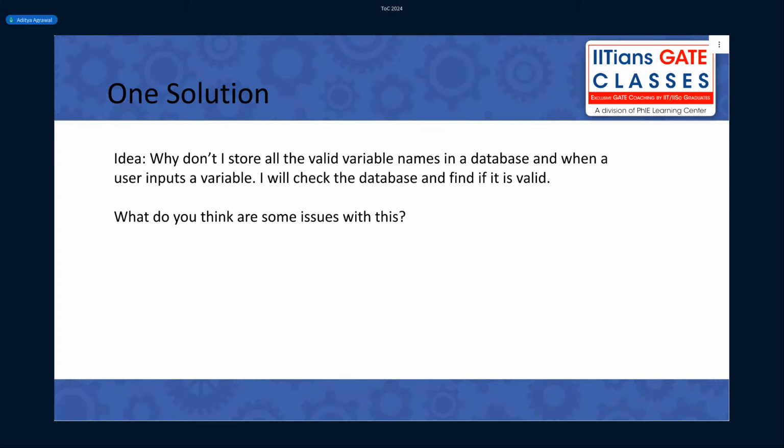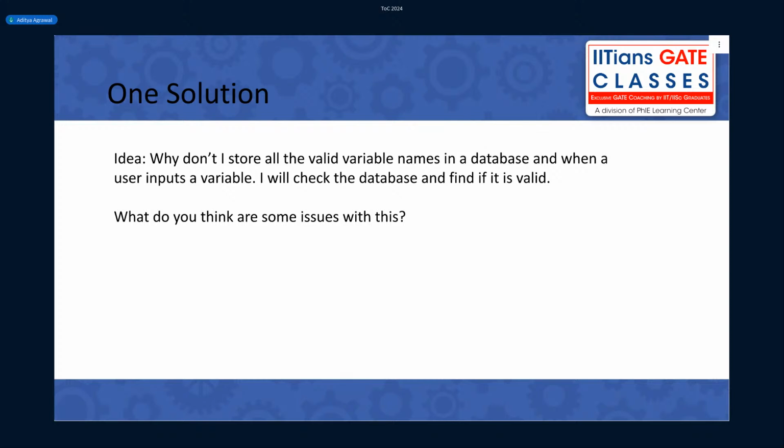What do you think? Yes, because let's say I have 10 million, let's say I have 100 million, let's say I have more than that. You will have to search through each of them. You might argue that, hey, let's use binary search. Fine, use it. But that is one of the ways to do it. But what if my strings are only 5 length? Then you would go through each variable name and find out that, hey, this is the variable, right? So we need to find something better here.